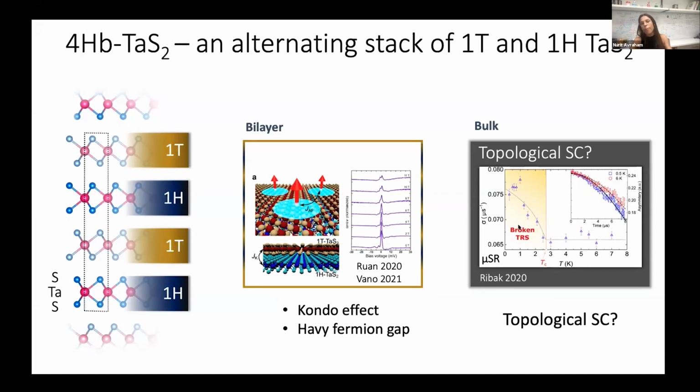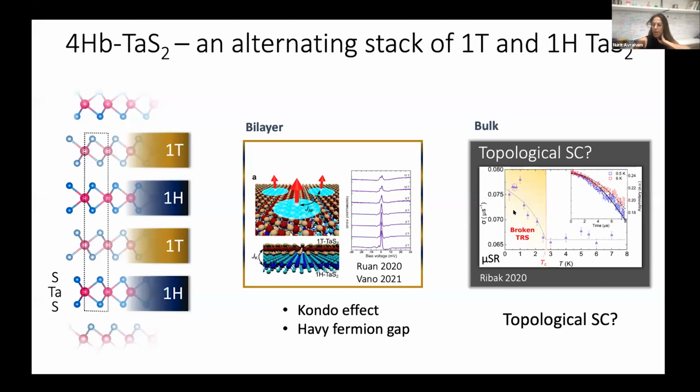And in the bulk form, muSR measurements showed an increase in the muSR signal onset exactly at the TC where superconductivity is onsetting, suggesting time reversal symmetry breaking, suggesting the existence of chiral topological superconductivity. So motivated by this work, we have decided to investigate the topological superconductivity on the atomic scale using scanning tunneling